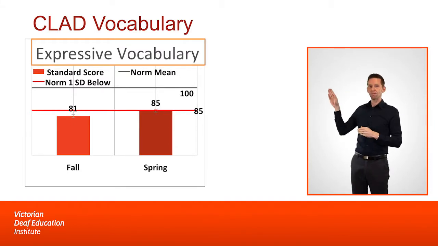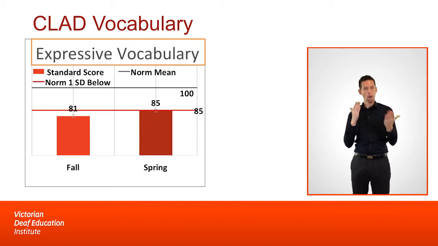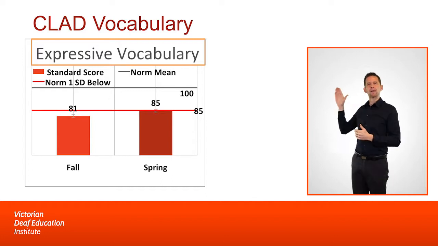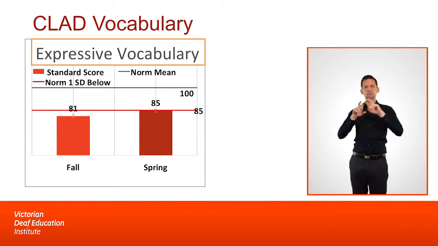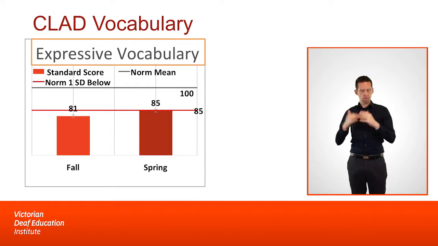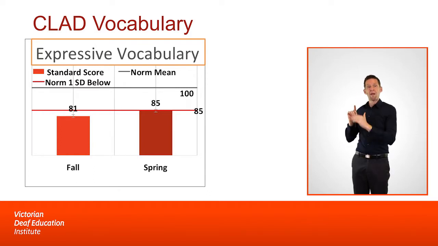So this is not the best slide in the world, but this shows you how deaf children are typically doing in their vocabulary development. From our assessments, we've assessed about 300 deaf children around the country, and their expressive vocabulary is at least one standard deviation below the mean. You could see in the fall it's a little lower, in the spring it's a little higher. They're making some progress, but not enough. That's quite a long way to be behind. And that is definitely going to influence their reading later on.